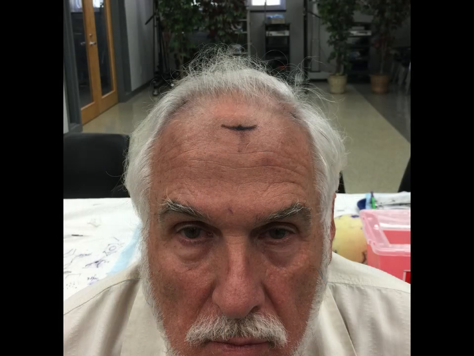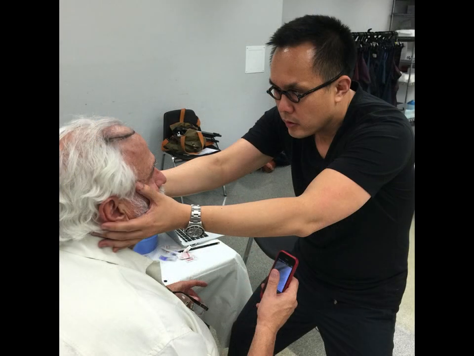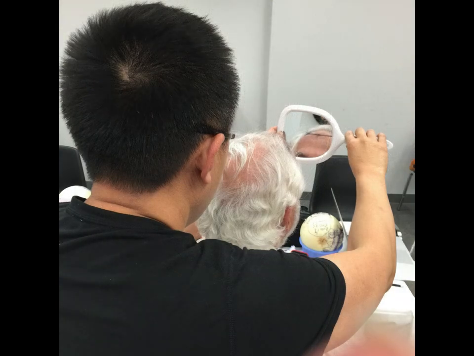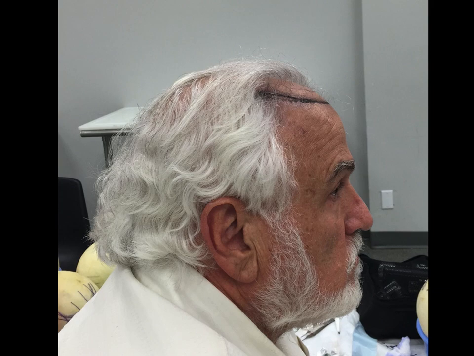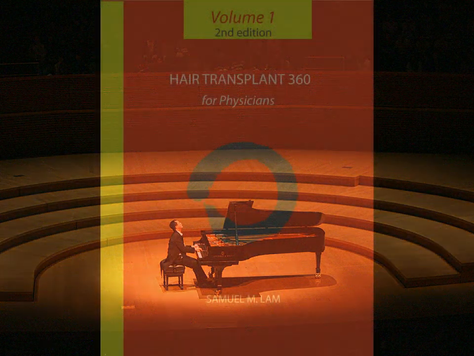You begin the drawing, a little bit of an arch across there. You continue across the midpoint. And then laterally, you want to connect it in a way that's a little bit more conservative. So I check from the frontal view to make sure it's right. I check from the top view, making sure that it's correct. I check with the mirror to make sure that it looks correct. And again, I check the side view on one side, this look at the tilt, and I check the tilt on the other side. So hairlines, really, practice makes perfect, and a lot of these concepts are discussed in my